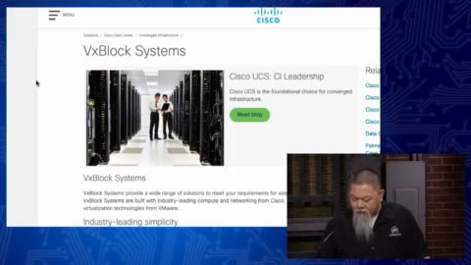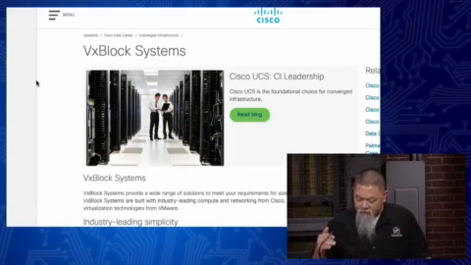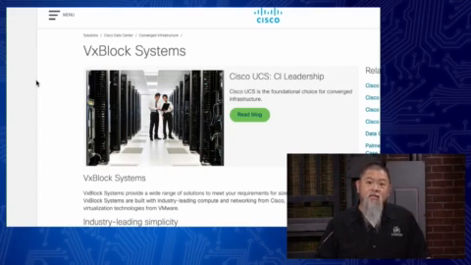Now, when you start talking about this particular one, once again, remember those three components: computing, or the compute component, networking, and storage. EMC provides what? Well, they provide the storage. Cisco, again, provides the compute and networking. And VMware says, look, we'll go ahead and bring up everything, but use a virtualized solution instead.